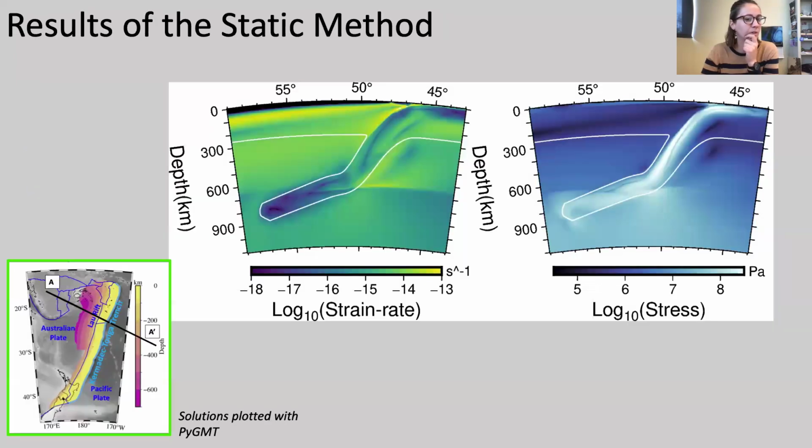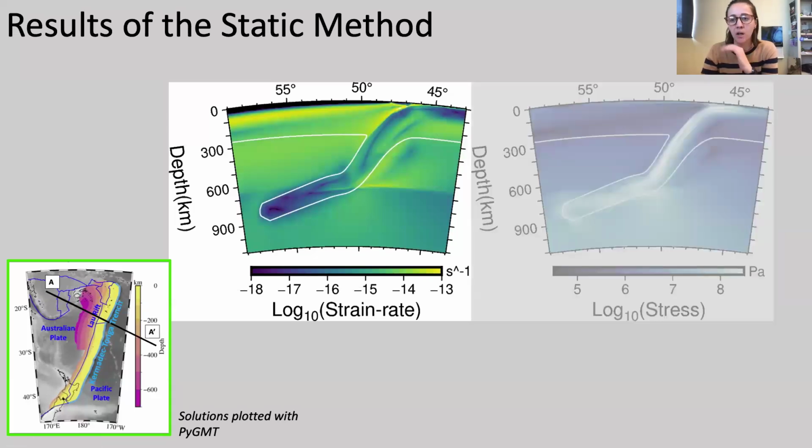And we can get out of this solutions for that profile of the magnitude of the strain rates shown here on the left and the magnitudes of the stress shown on the right. And so now we have our present day geometry with our approximated present day conditions. And I'm going to focus just on the strain rate for now, since if you remember, the initial goal was to be able to test this strain rate constraint hypothesis.